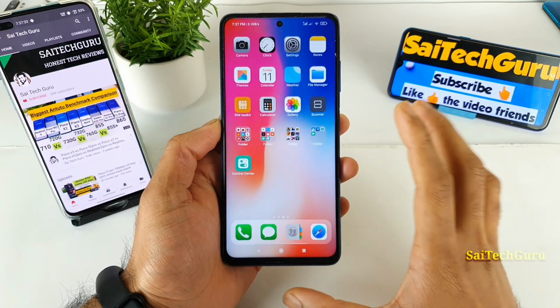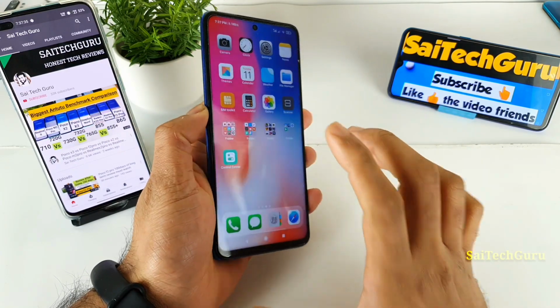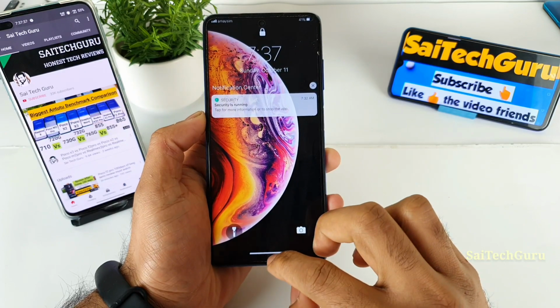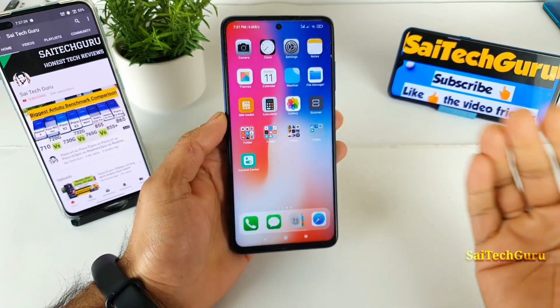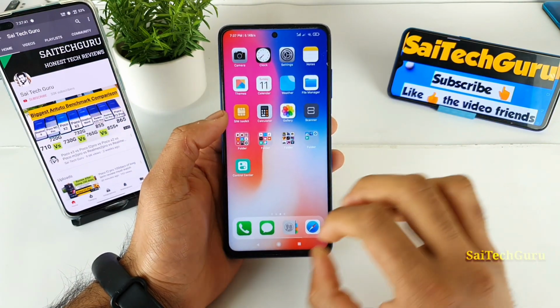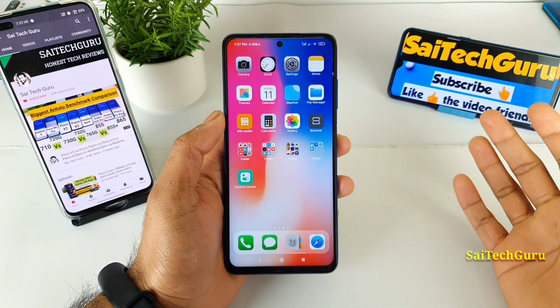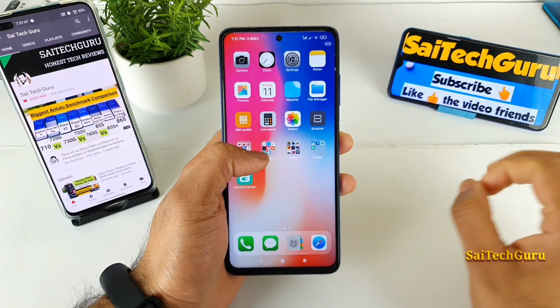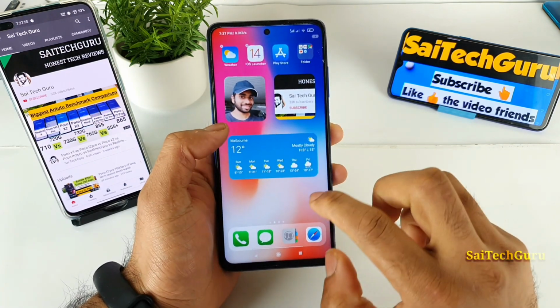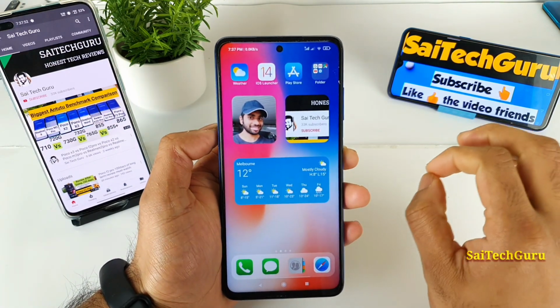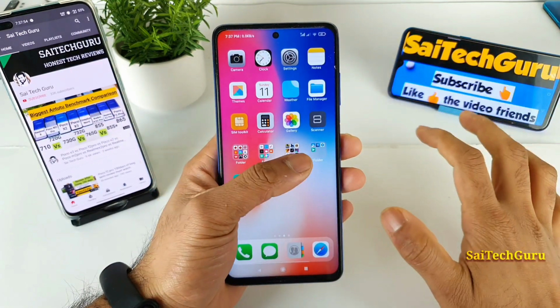The first and main thing is I like this kind of animation in iOS which is welcoming, as you can see here. This animation is very good, and this launcher is perfectly suitable for most Android mobile phones without any lag and delay. The launcher is pretty good. So first you need to install this iOS launcher. Once you install it, you get this kind of setup.